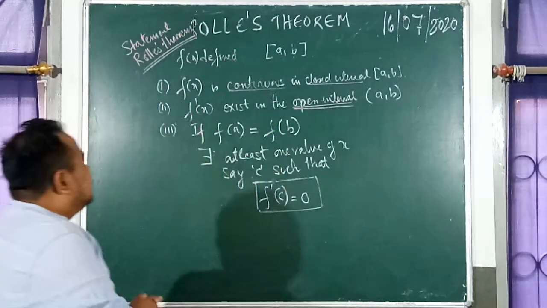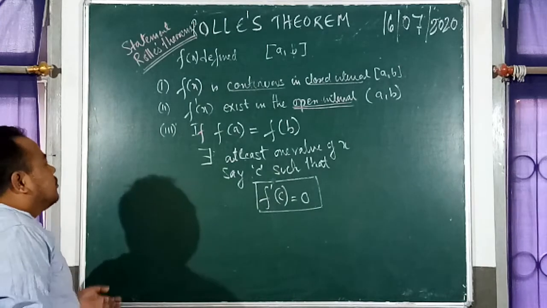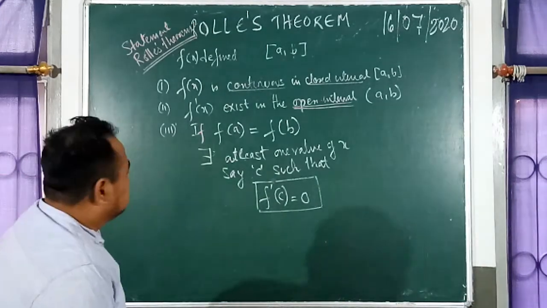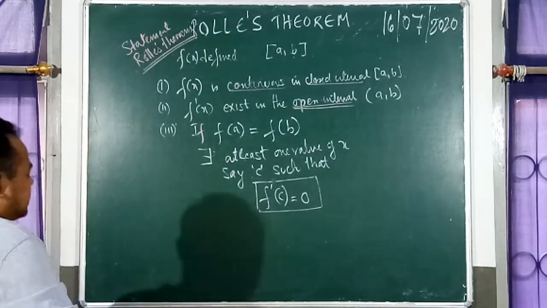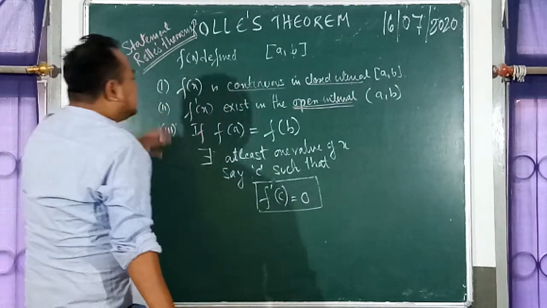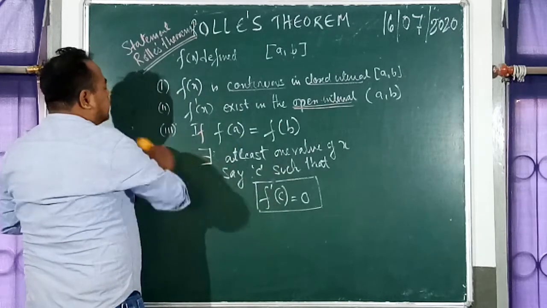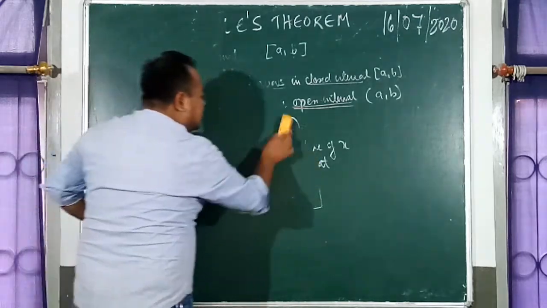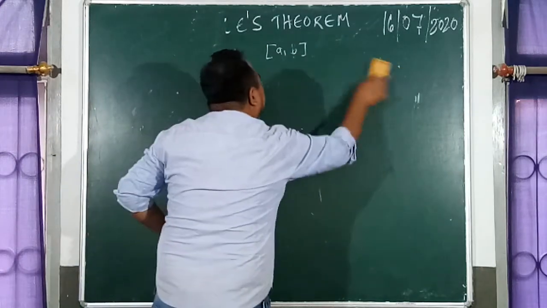Now you can pause the video for a second, take a screenshot of it, and copy it in your copy. So moving on. This statement is very important for you all. We'll be using these three statements to prove that the function satisfies Rolle's theorem. Now let us try to understand the geometrical interpretation